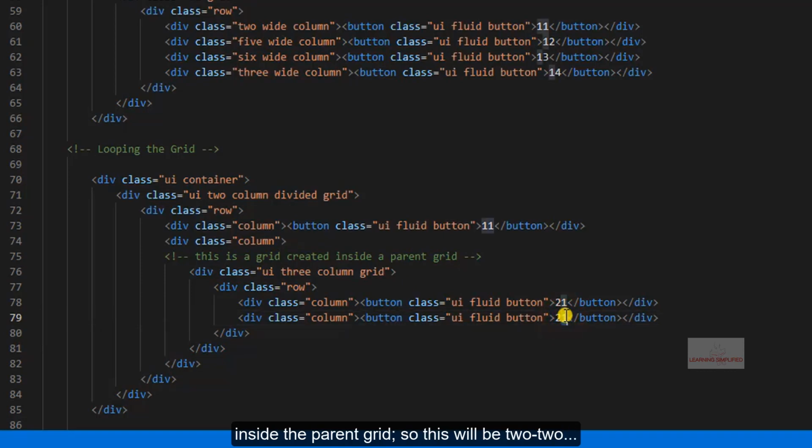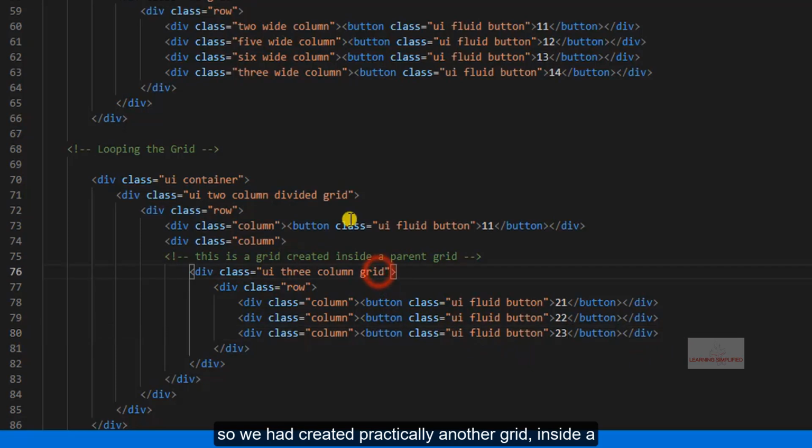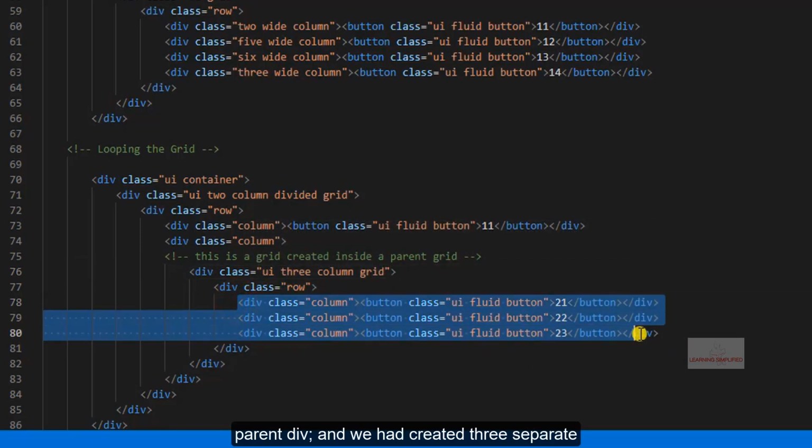So this will be 2 2, and in the next case there will be another button which will be named 2 3. So we had created another grid inside a parent grid, and we had created three separate, individual buttons inside that grid.